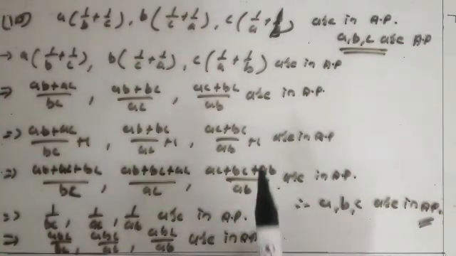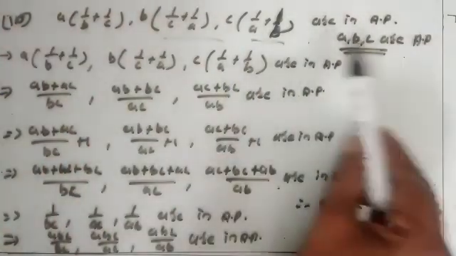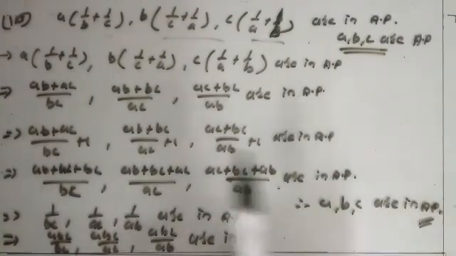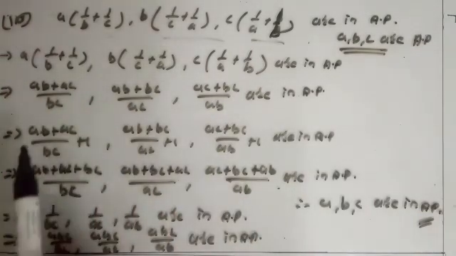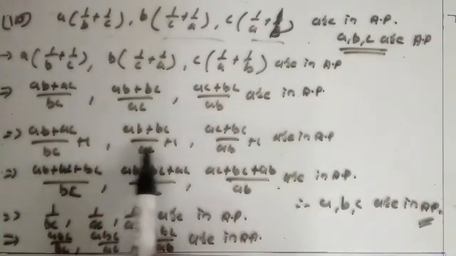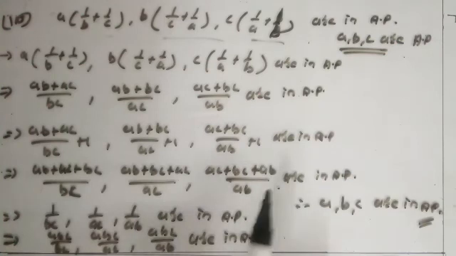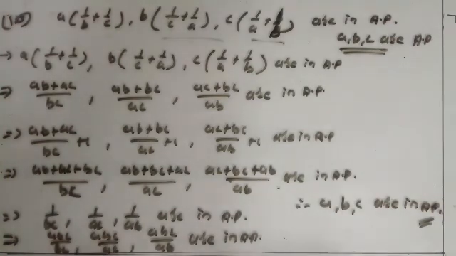Using this special trick, we prove that if the given 3 terms are in AP, then A, B, C are in AP. So all terms are in AP. After simplification the terms are also in AP. Here adding 1, they are also in AP. After simplification also AP. Removing common terms, they are also in AP. Multiplying by ABC to each, we get terms in AP, and after simplification A, B, C are in AP. Clear?